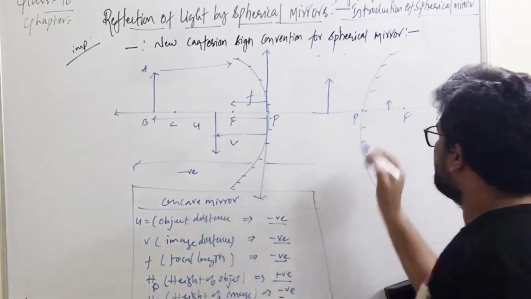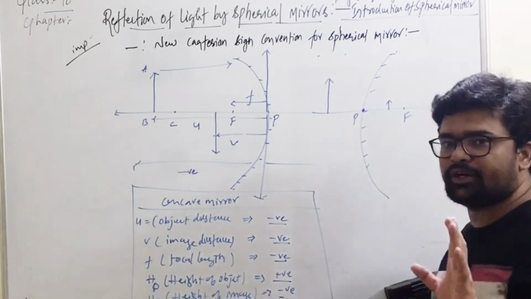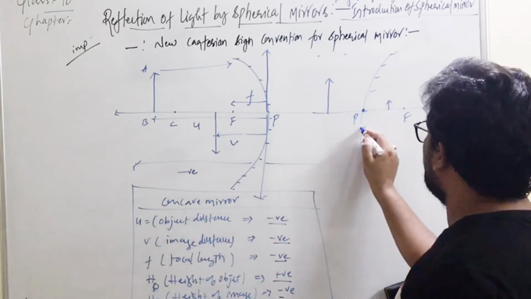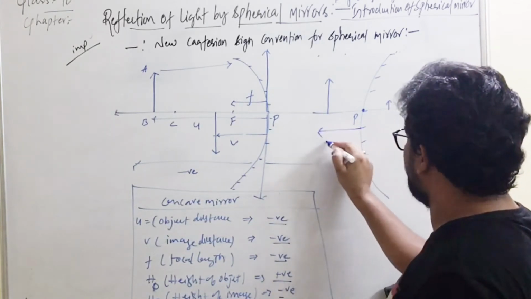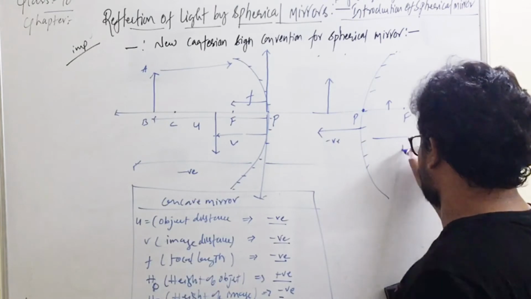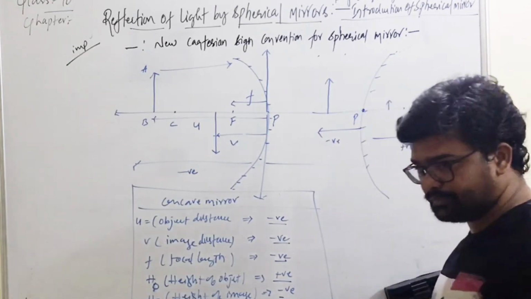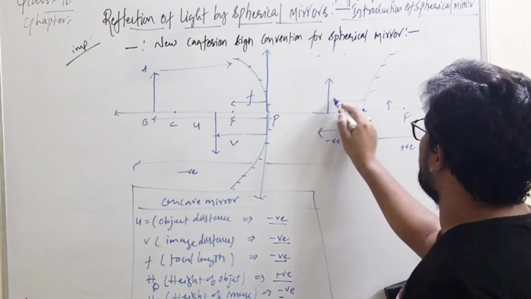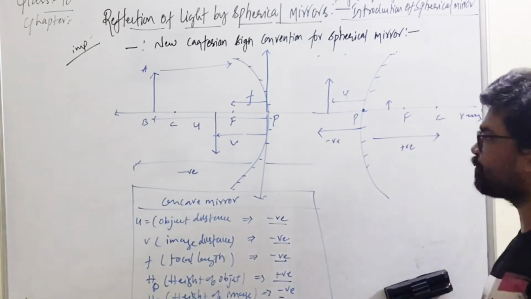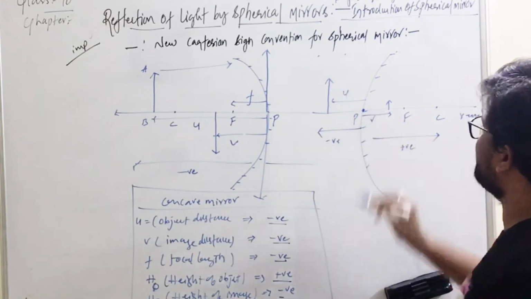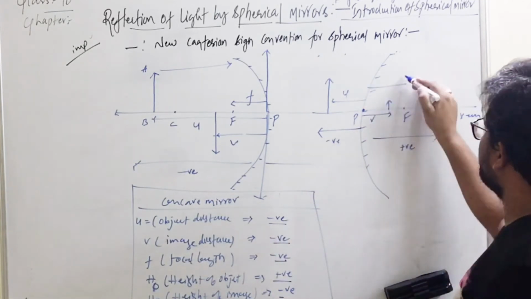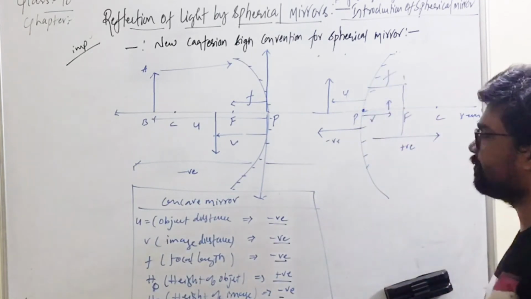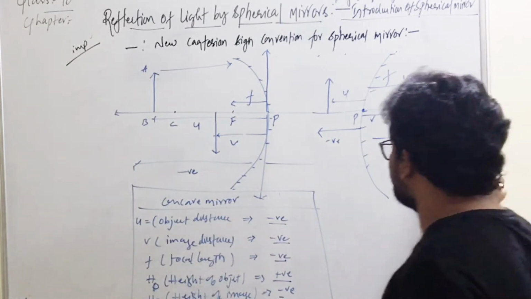Is it clear? Now all the distances should be measured from the pole. So as I said, on the left side we should take it as negative, and the distance on the right side we should take it as positive. So what are the measurements that we get? So this is our u, object distance. ये बना है image distance, okay, and this is our focal length f. Is it clear? So how do we write the sign for these?